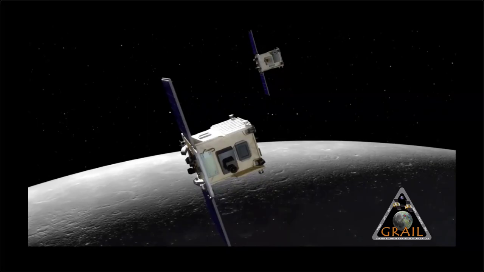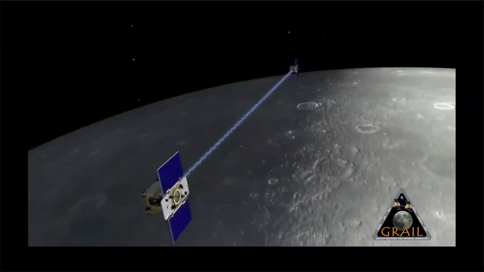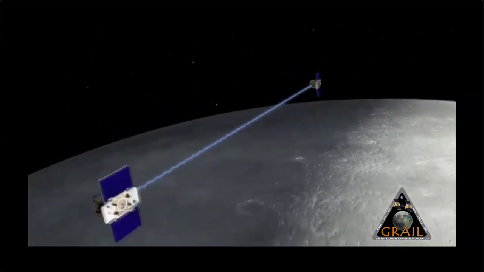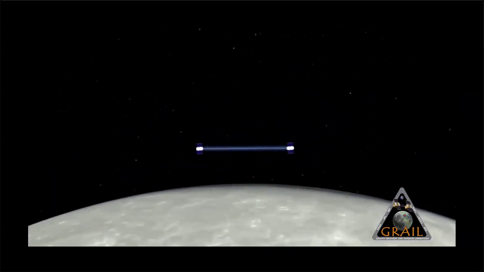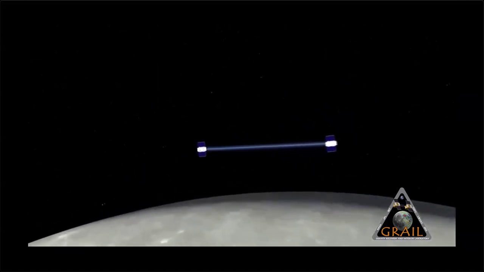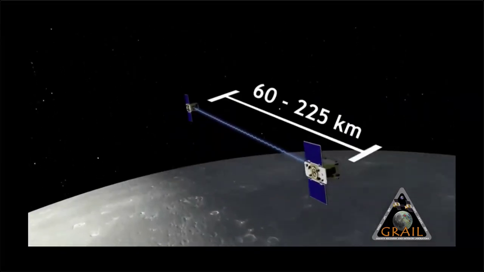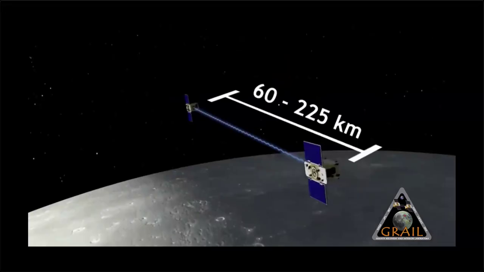We are measuring how tiny forces act on these spacecraft, and we are also tracking these two spacecraft. So I hope you can see the video. We let these two spacecraft talk to each other, at a certain height, and we fly across the moon, and we do that until we map each and every part of the moon.